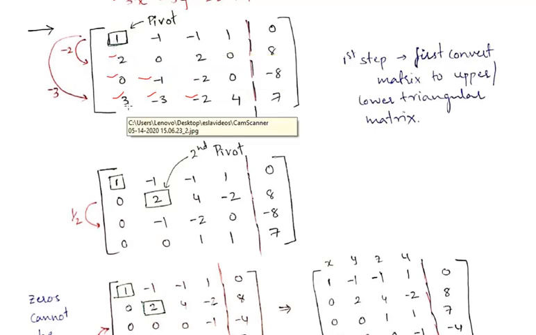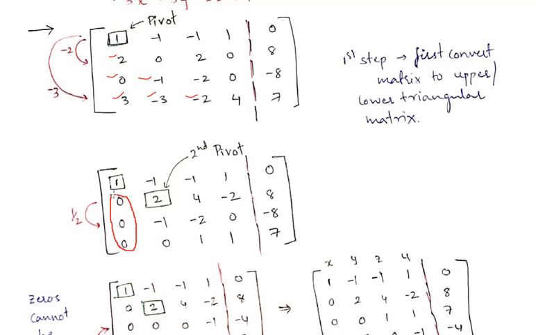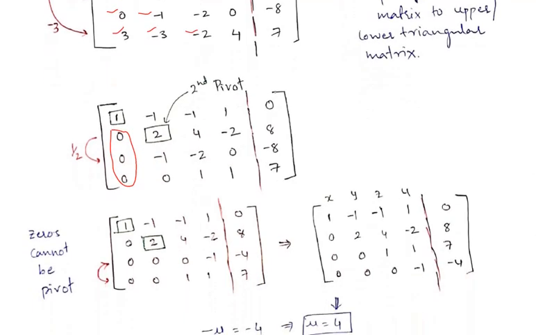Similarly for the fourth row, I am multiplying minus 3 with row 1 and then adding it to row 4. So what are we finding out here? We are finding that all the 3s under the first pivot element are made 0. So the next task is the second pivot element. Moving to the second pivot element, what will we get?